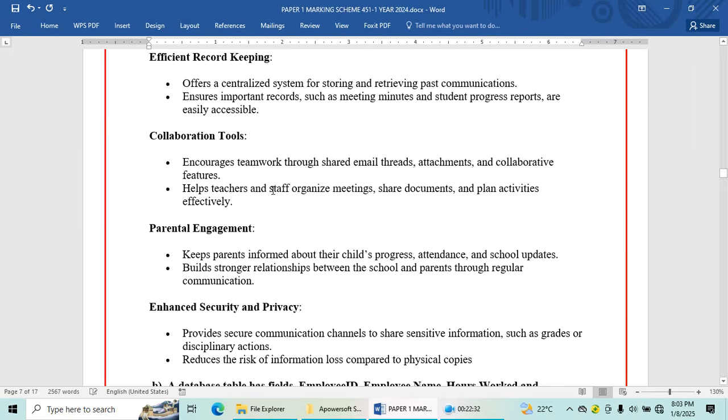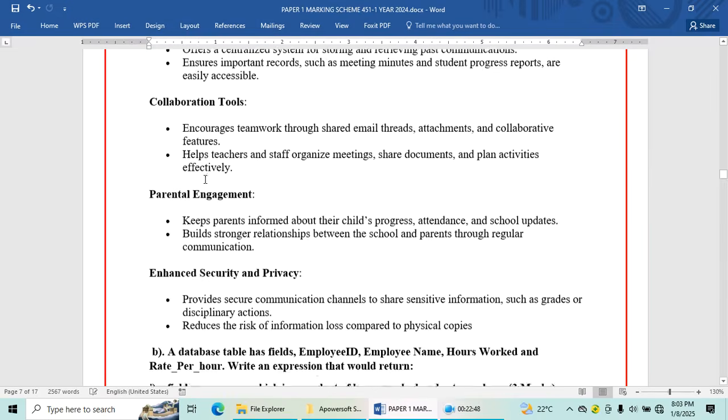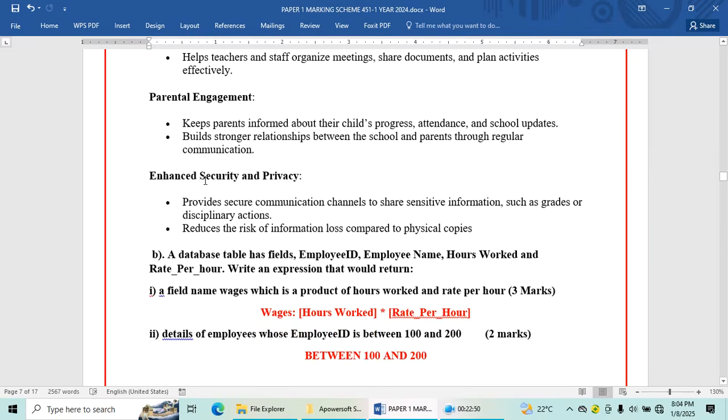Also, it is a collaboration tool. It encourages teamwork through shared email threads, attachments, and collaborative features. It helps teachers and staff organize meetings, share documents, and plan activities effectively. Then we have parental engagement.